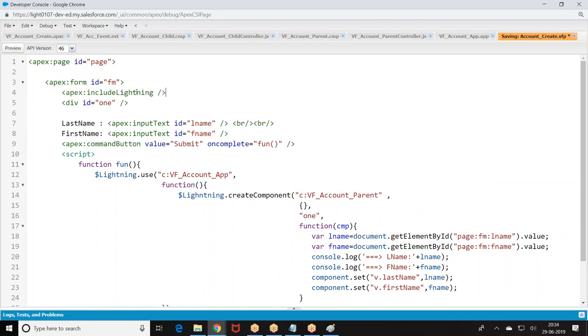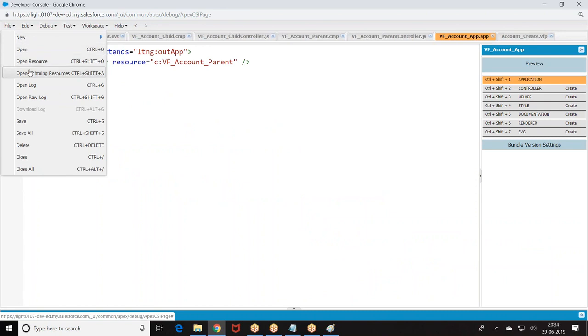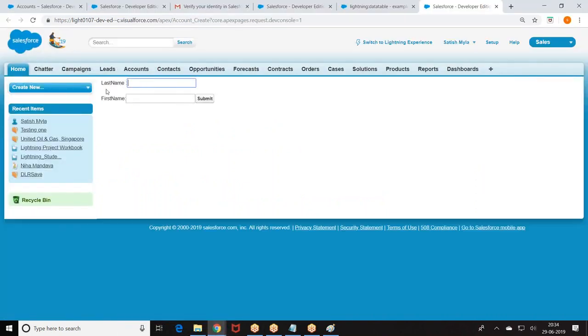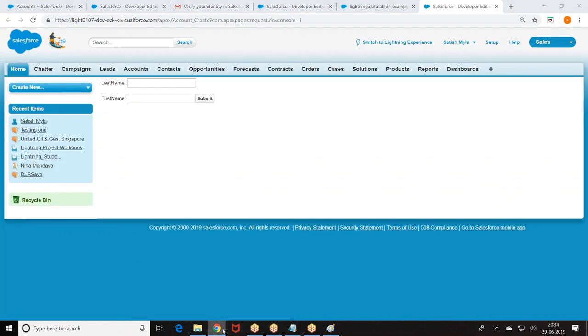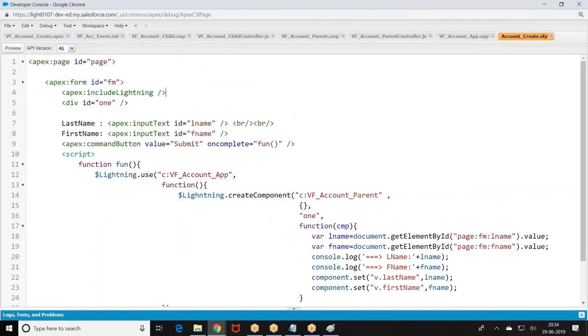Okay, look at the structure, VF account tab. I think I gave on click, right? So okay, go back to the VF page.